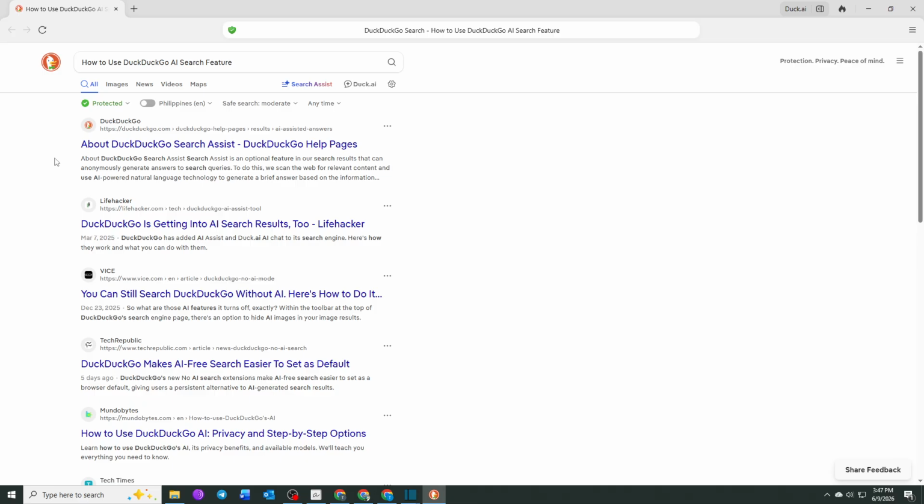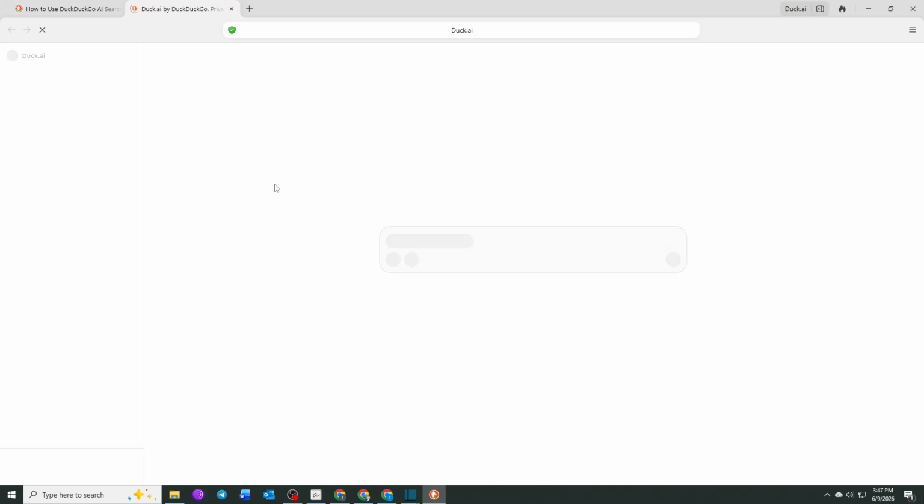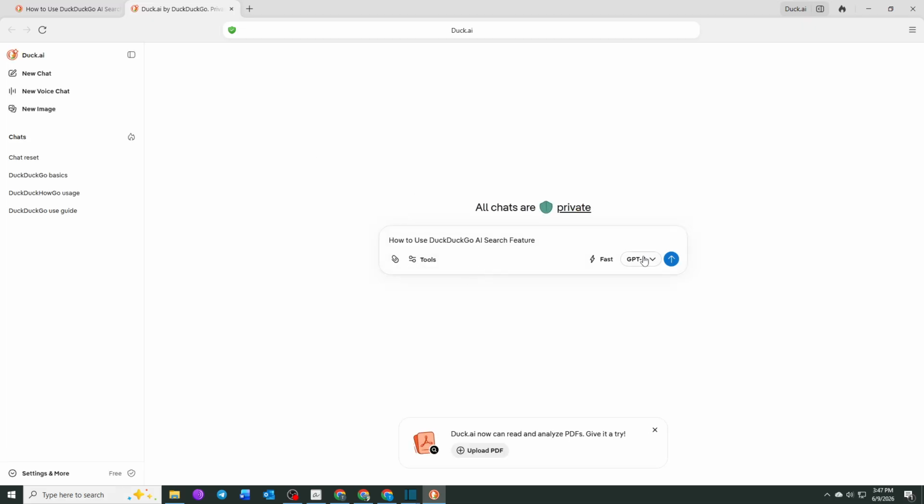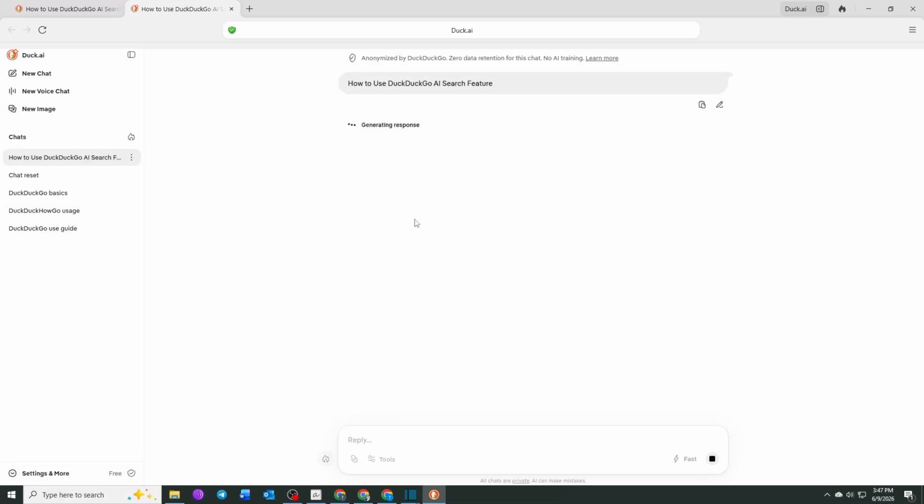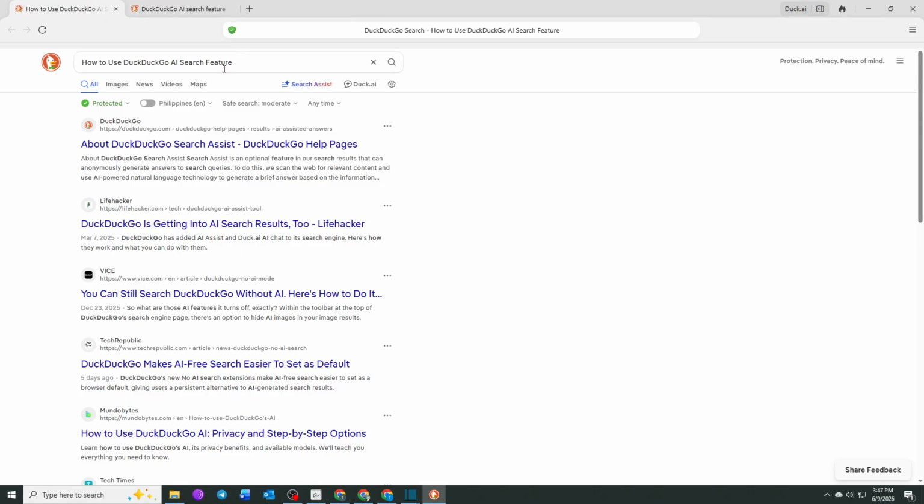If AI search features are available in your version of DuckDuckGo, look for options related to AI assistance, AI-generated answers, or Duck.ai. These tools are integrated directly into the search experience and can provide summaries, explanations, and responses based on your search terms. When an AI-generated answer appears, take a moment to review the information provided. The AI summary can be useful for gaining a quick understanding of a topic before exploring the individual search results in more detail. For best results, use clear and specific search queries, as this often helps generate more accurate and